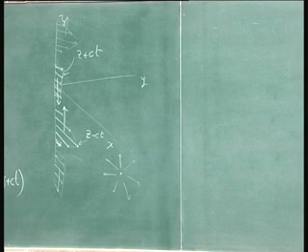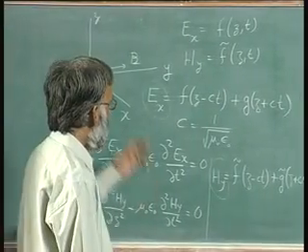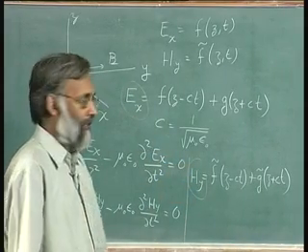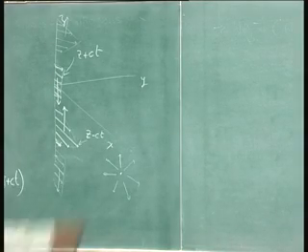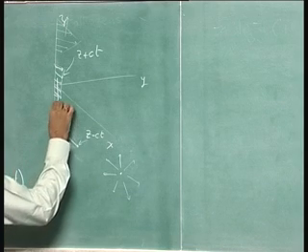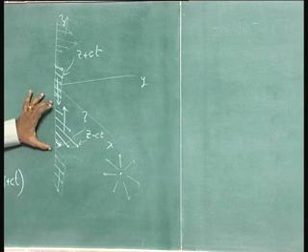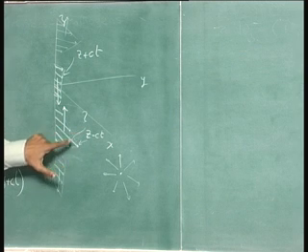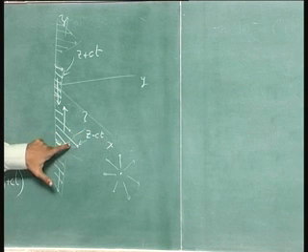Now, what I am going to do is to relate E x and H y. Last time I just said that E x and H y have the same shape, and that is reasonable because E x is connected to H y through Faraday's law and Ampere's law. So, if there is a triangular E x, there is something, we do not know what, but there is something at the same z for that t, because otherwise you could not have curl of E being related to del B del t at the same point. You could not have curl of H related to del D del t at the same point.